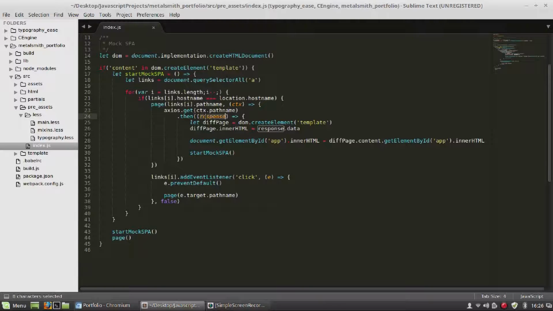After we get that page, which is our response, we want to create a variable called diffPage, or different page, and it's going to be equal to that of our DOM elements, and create a new element inside of our DOM element called template, and store it in the diffPage. Now I want to set the diffPage inner HTML to that of our response data, which is our response's HTML. That's really it. Next, we want to set our document's inner HTML to the diffPage's inner HTML, but